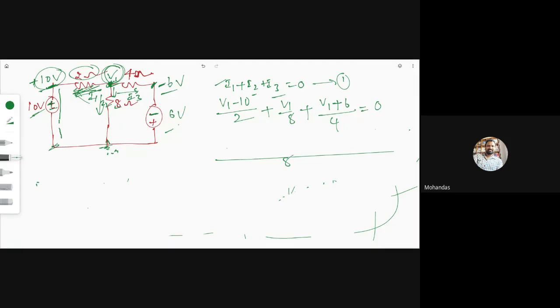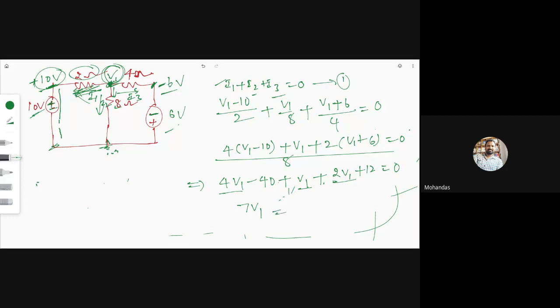Here 4 into V1 minus 10 plus V1 plus 2 into V1 plus 6, which is equal to 0, which implies that 4 into V1 minus 40 plus V1 plus 2V1 plus 12 equal to 0. Now this is 4V1, V1 and this 2V1. Total it will be 7V1 which is equal to